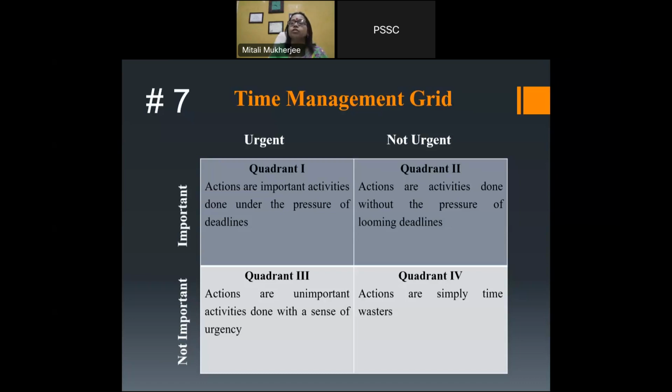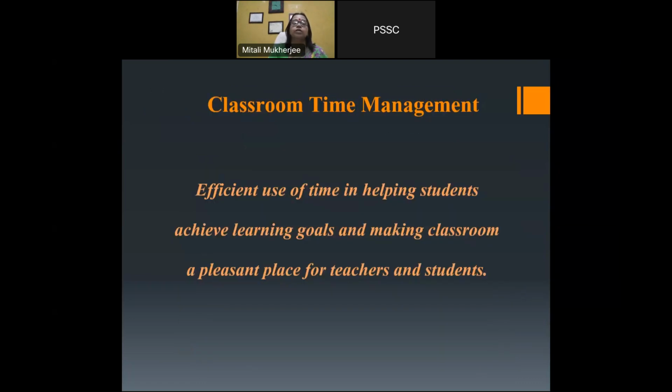Important and urgent needs your first attention. Then important and not urgent. Then not important but urgent. And then not important and not urgent, you just no need to do. Ignore it. Okay. Classroom time management helps in the efficient use of time, in helping students achieve learning goals and